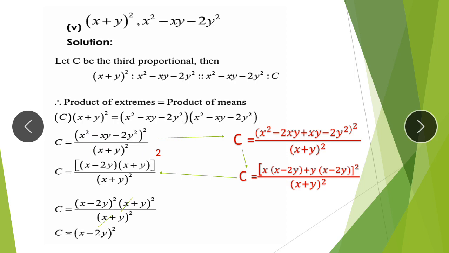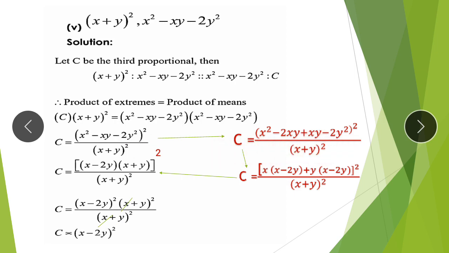Mid-term partition, means breaking the middle term. So the middle term is 1, and the multiplication of the first and last term is 2. So we are supposed to find two numbers that by multiplication we get 2, and by subtraction we get 1. So 2 times 1 is 2, and 2 minus 1 we will get 1. So x square written as it is, here minus sign, so minus, then 2xy. Just make sure that whatever variable is in the middle, you are going to use the same variable here, xy. Okay, then minus times minus gives plus, therefore here plus sign, then 1xy, then minus 2y